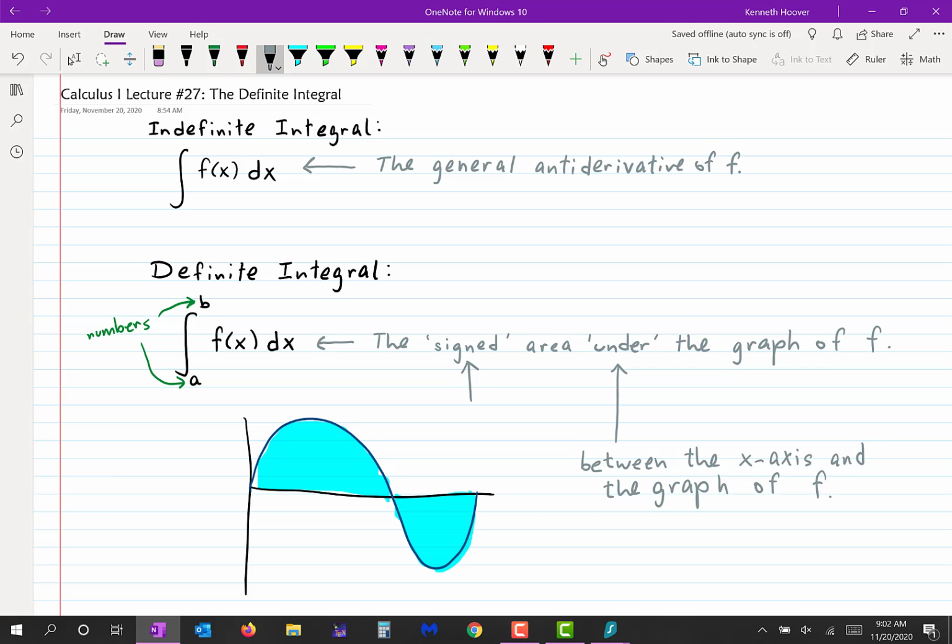And here, how do you decide? You decide like this. Above the x-axis is, let me add a word, let's say area above the x-axis is considered